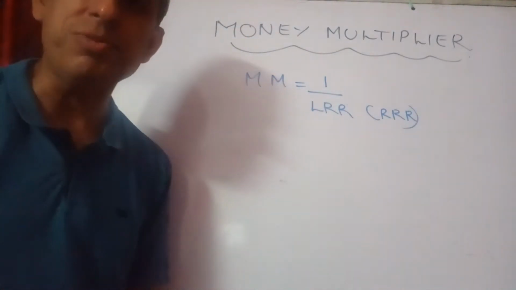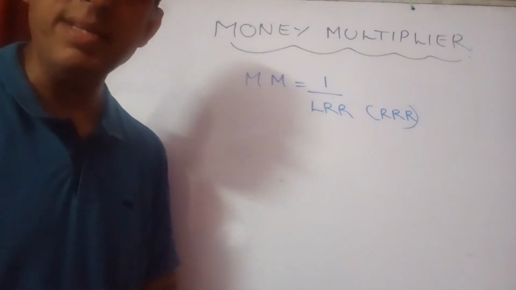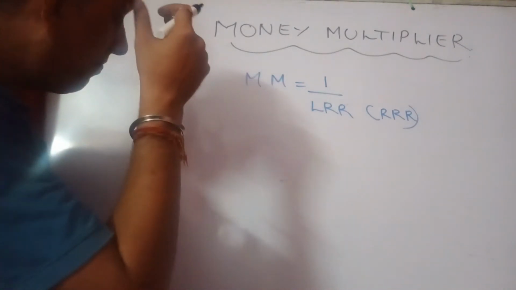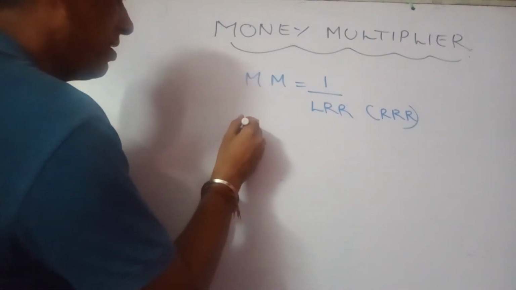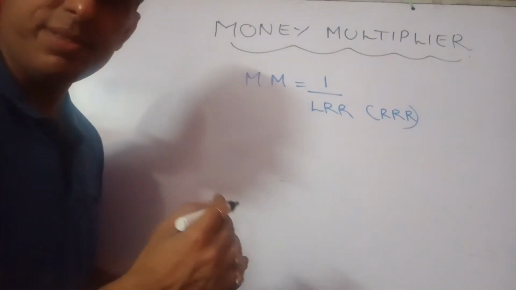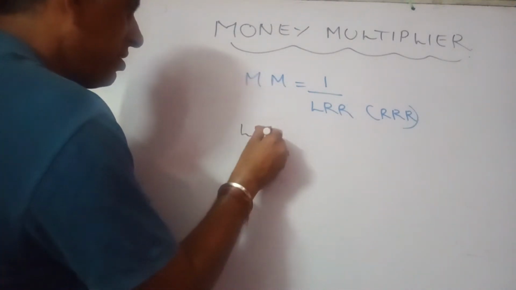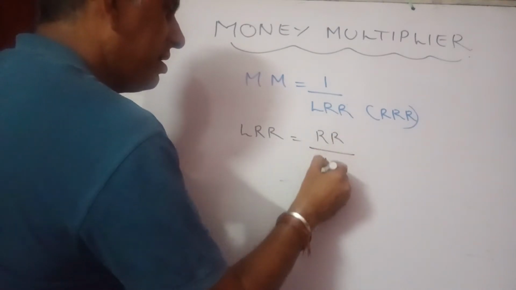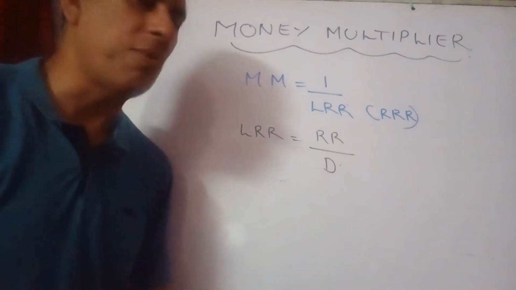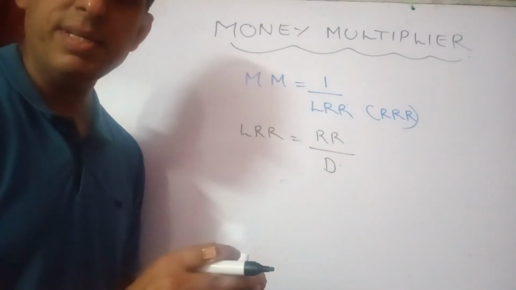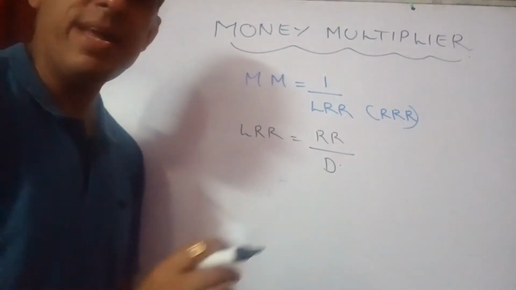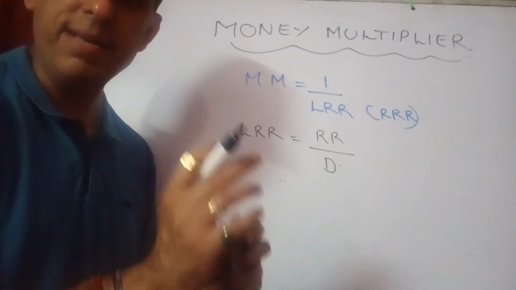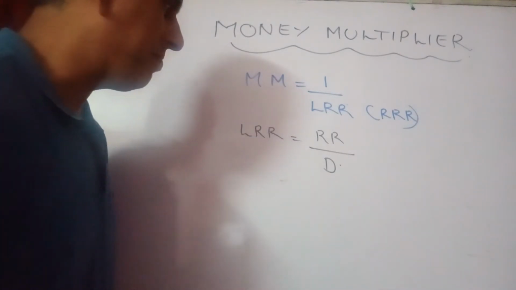Now, how to find out its value, students, or how is this value being found? Let's go with a little bit of understanding of how it comes about. Since we all know that LRR describes the ratio of required reserve with reference to your deposits, right? That means this much of reserves should be in possession of the commercial bank, right? This is what they need to keep as reserves as a portion of its deposit.